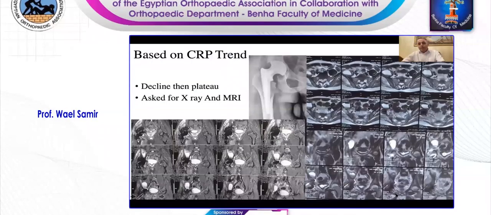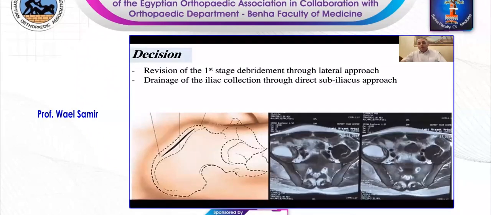or controlled the infection in the first stage, we asked for an MRI over the hip spacer. And we found, very interestingly, a collection inside the pelvis underneath the iliacus on the medial side of the hip, and very clear here to be medial to the hip joint. And this is the available X-ray and MRI, but no changes inside the acetabulum or around the prosthesis on the femoral side. So we decided to go again to revise the debridement stage